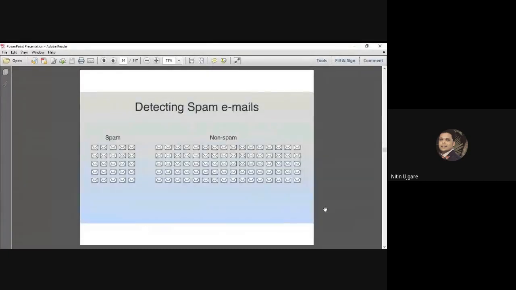So we have flagged 25 emails out of the 100 sample emails as spam, and the rest as non-spam. Now we want to detect spam emails out of these first 25 and the remaining 75 emails. Now we have to decide some criteria to detect whether the